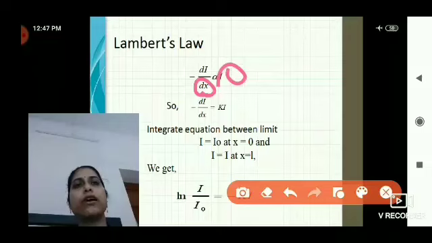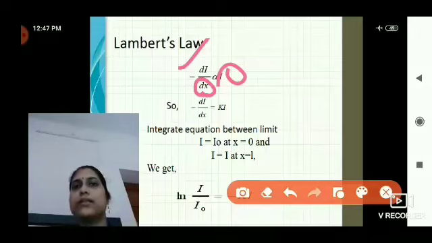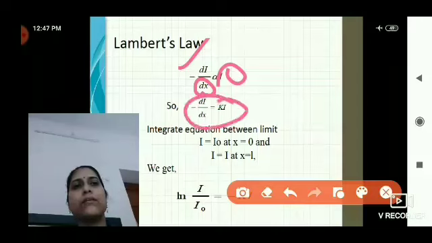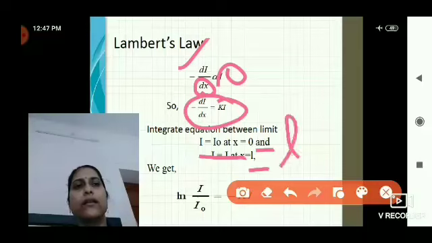The minus sign refers to the fact that intensity is reduced. Now when you integrate this equation from I = I0 to I = I, and x = 0 to x = L,